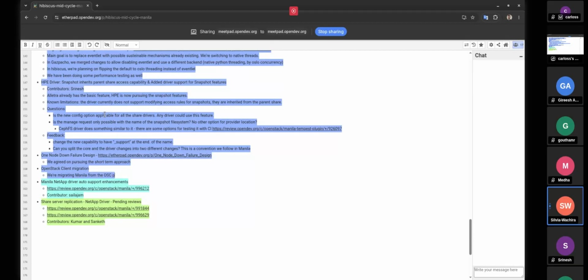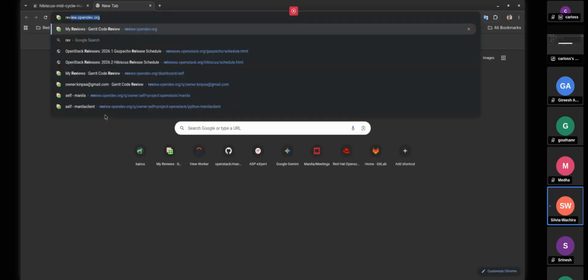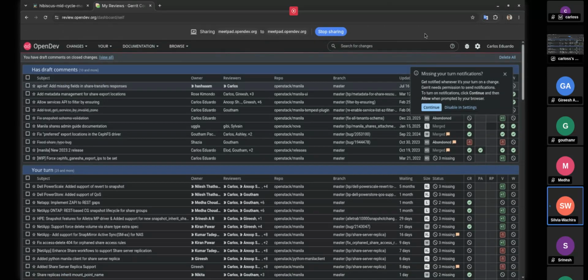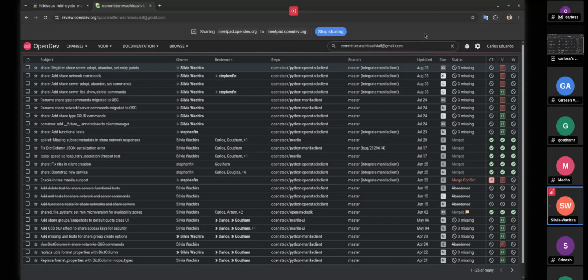In terms of progress, I have worked on several migration patch stacks. I have migrated the share network tests, including the functional tests, to the OpenStack client. That's patch 994 and 970, in case anyone wants to follow up.